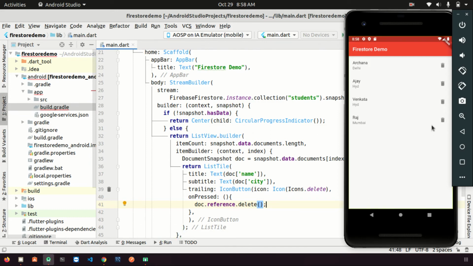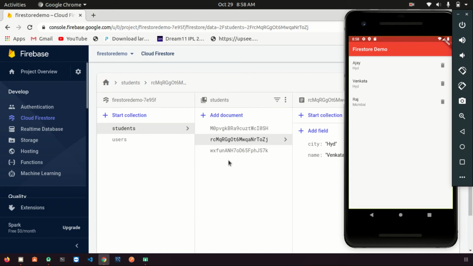Then when I click here, something, deleted, right? So data is deleted, and if you see here, that data is deleted. So if I want to delete this one, okay, let's delete. We'll see, hey, the data is deleted. Great, right? So now let's add new data.